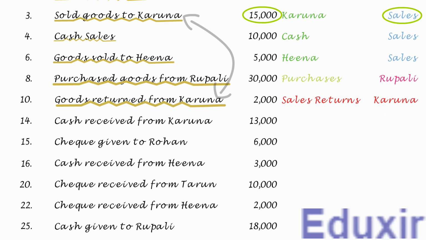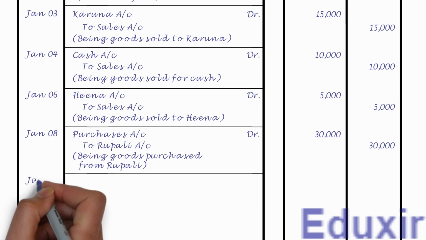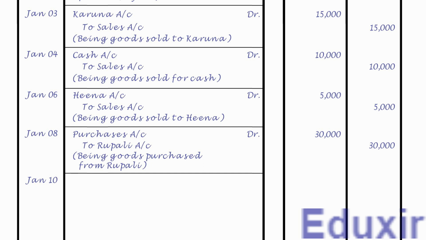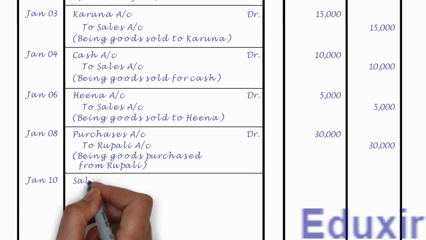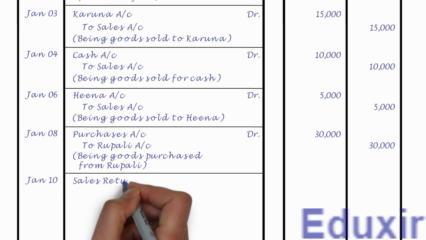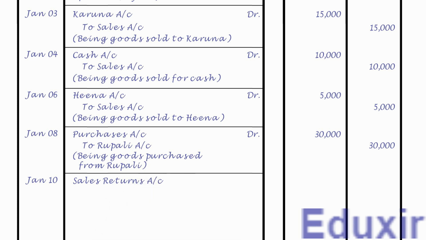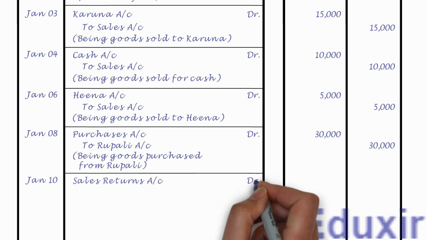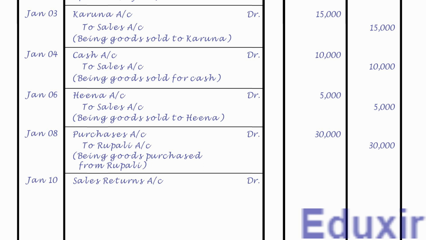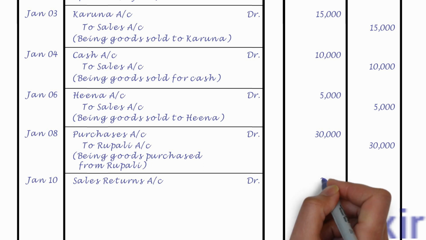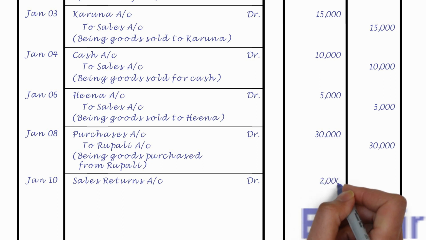With this analysis at our disposal, let us proceed with the journalizing of this transaction. Let us first record the date, and let us record the sales returns account as the debit entry. Let us also write the text DR to indicate that this is a debit entry. Let us also write the debit amount of 2000 rupees into the debit amount column.